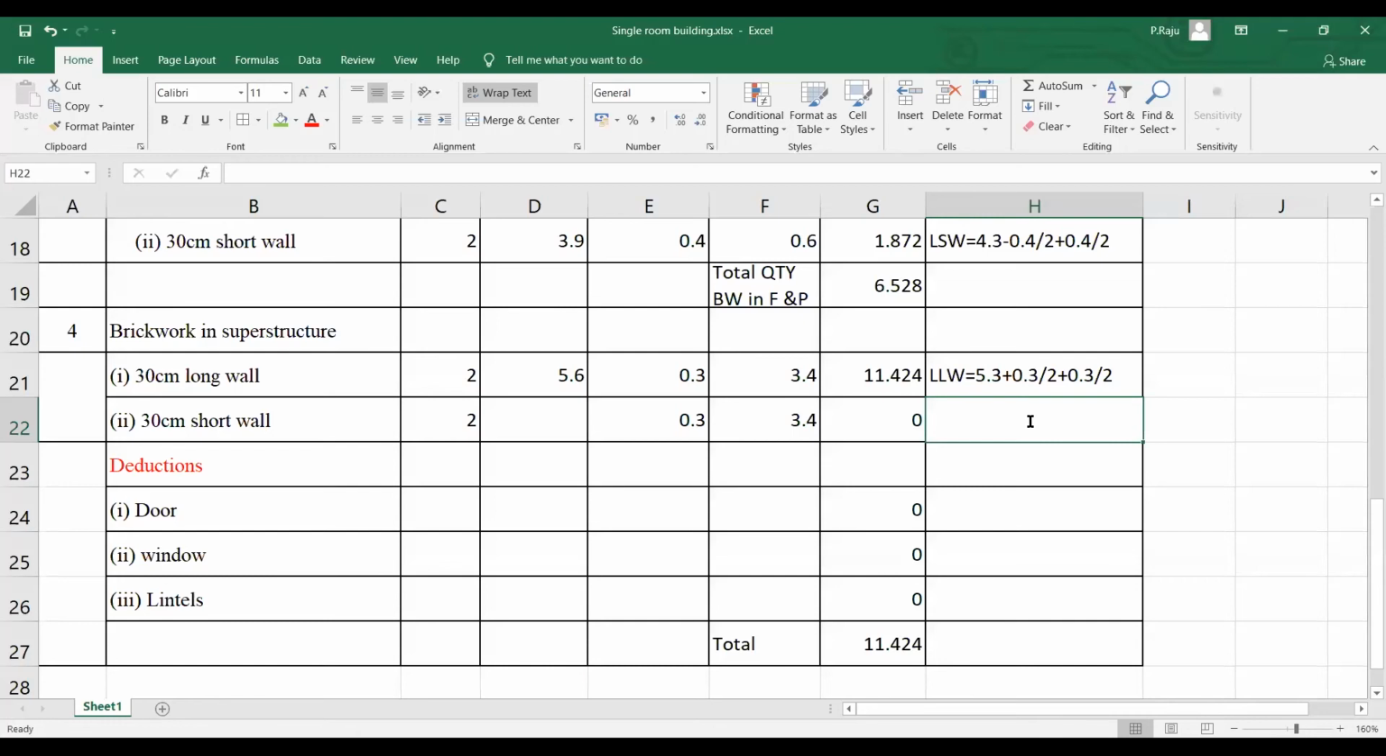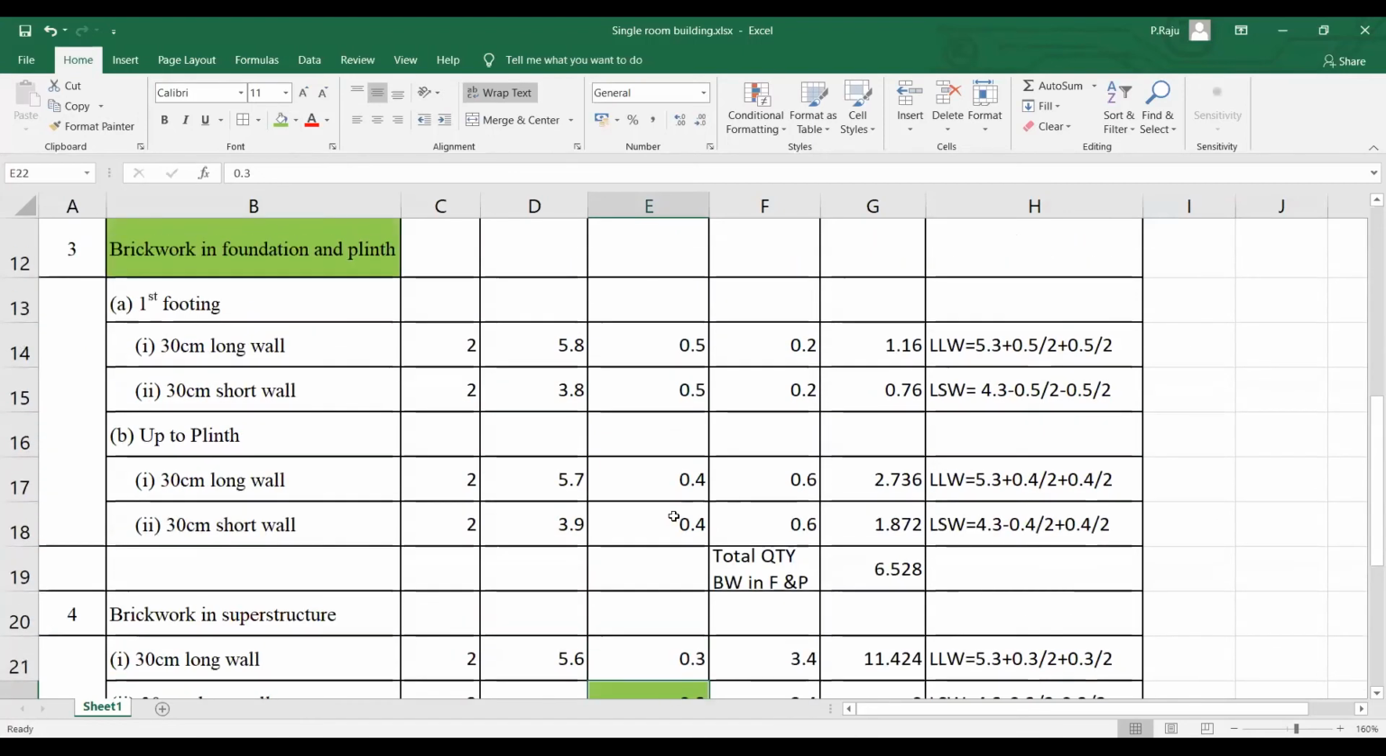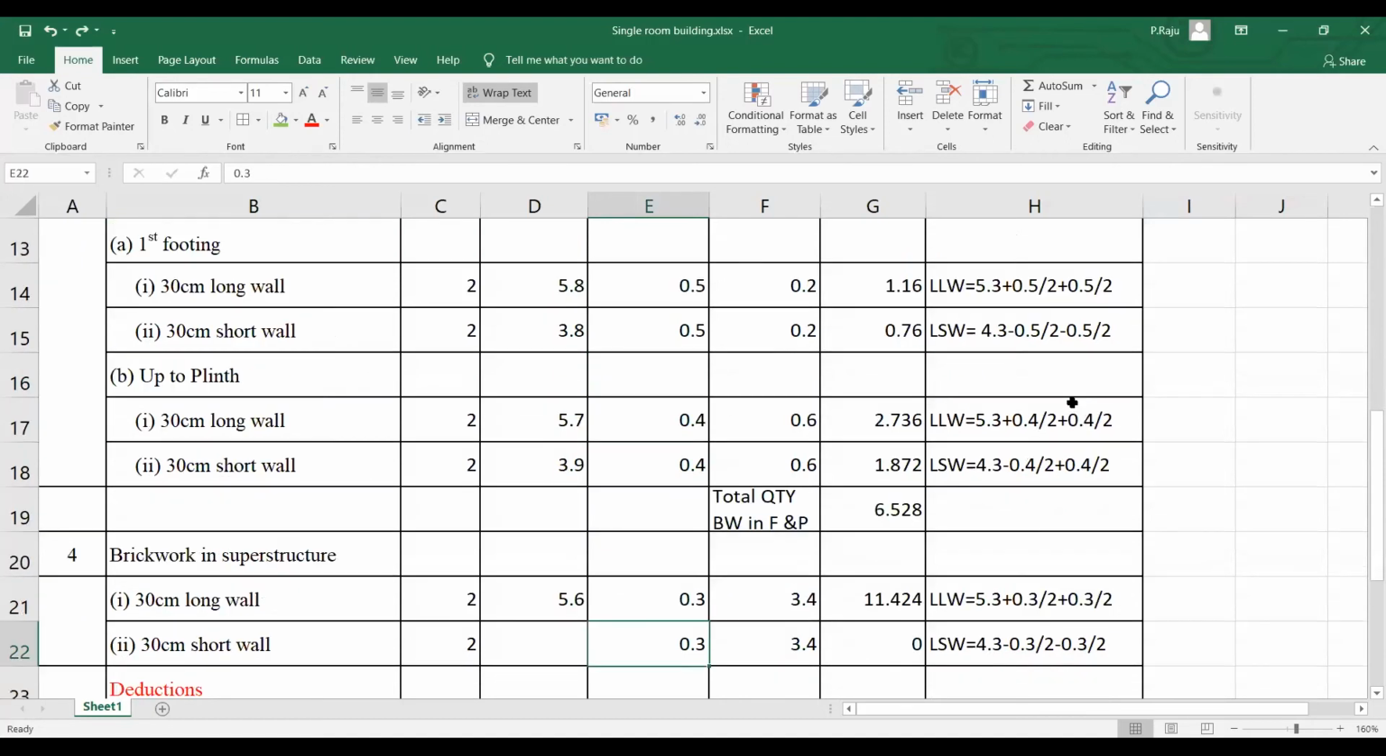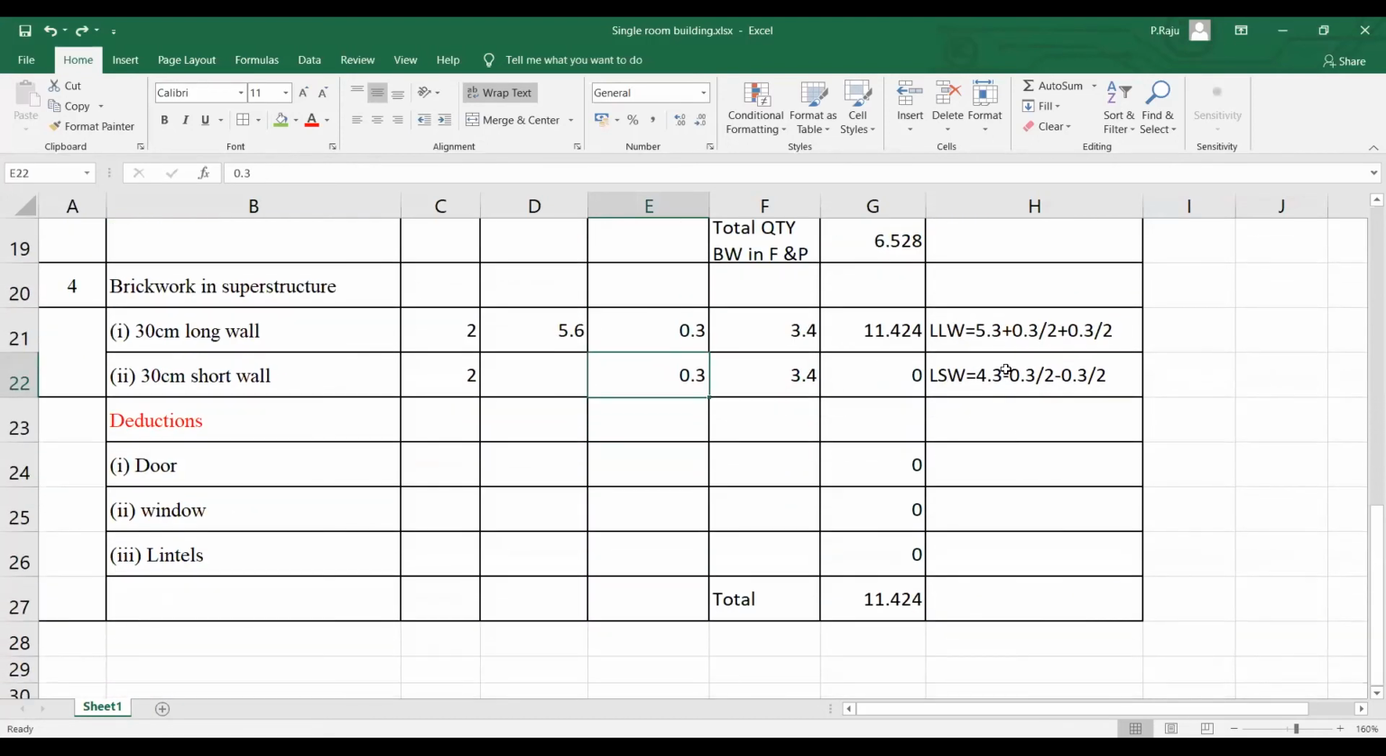Next again, length of short wall is equal to the center to center line length, 4.3, minus 0.3 by 2, half width on one side, minus 0.3 by 2, half width on the other side. Here the width is 0.3 and hence 0.3 by 2 and 0.3 by 2. Here the width is 0.4 and hence 0.4 by 2, 0.4 by 2. Here the width is 0.5 and hence 0.5 by 2 and 0.5 by 2. That is the only major difference. So it is 4.3 minus 0.3 by 2 minus 0.3 by 2. Here it is 4